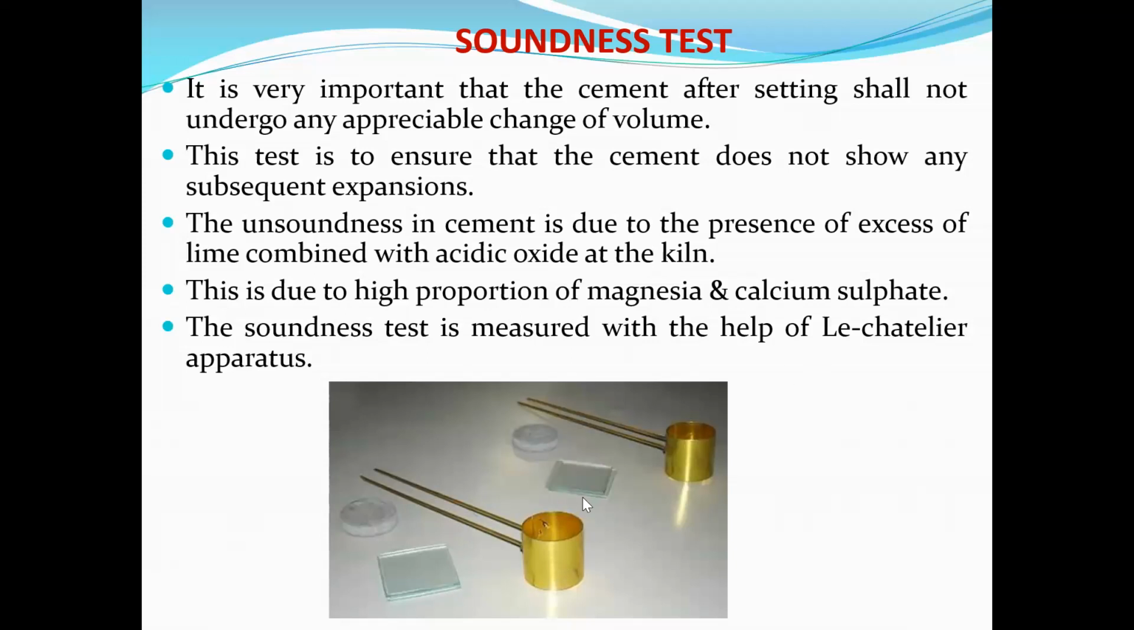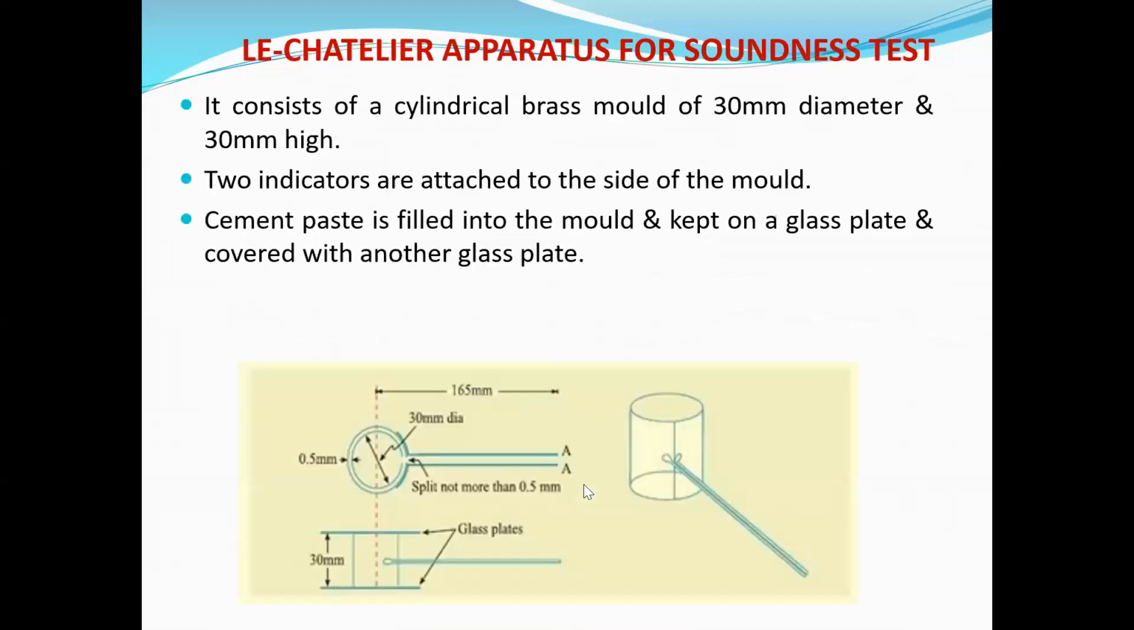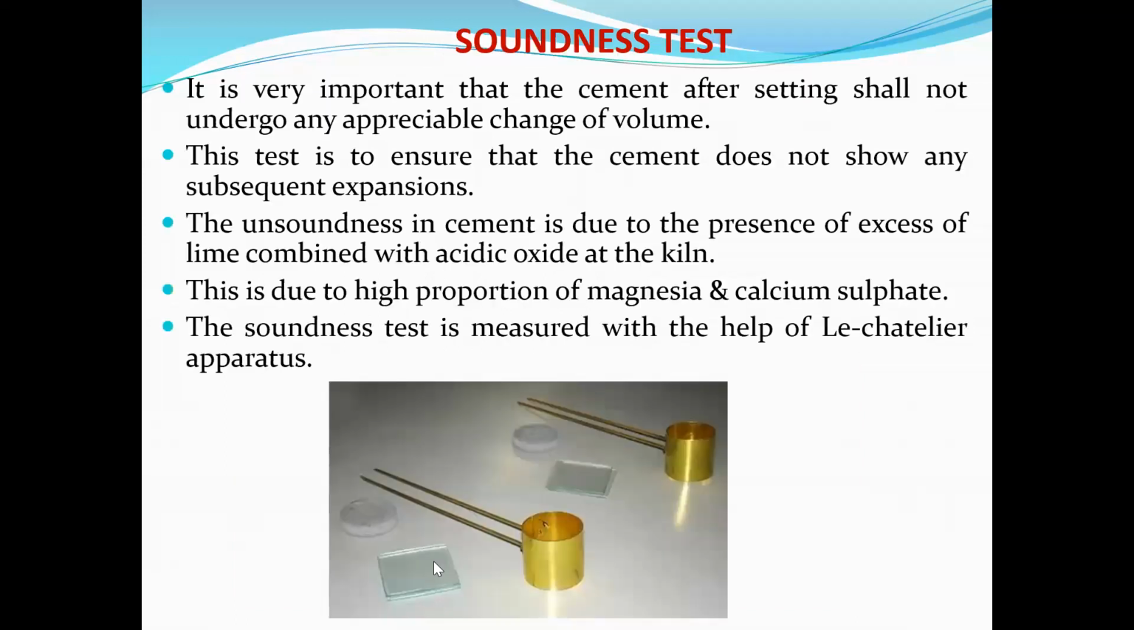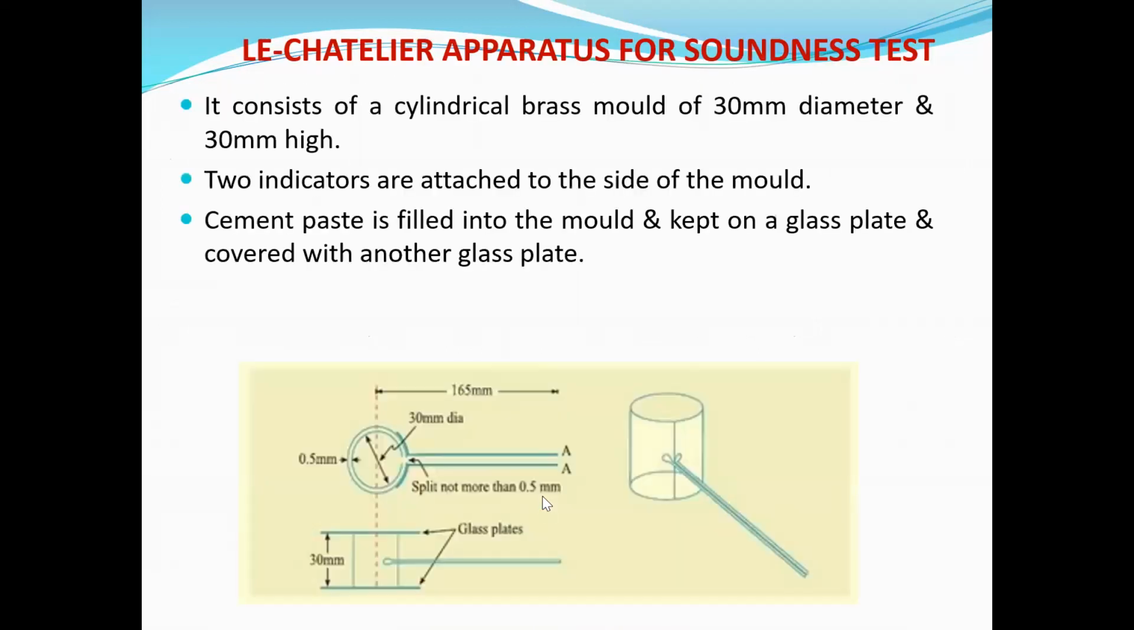This is the apparatus, okay. এটার মধ্যে একটা সিলিন্ড্রিক্যাল ব্রাস মোল্ড থাকে, যে 30 mm ডায়ামিটার এবং 30 mm হচ্ছে হাইট। এটার মধ্যে দুটো ইন্ডিকেটর থাকে, ঠিক আছে। সো এটা সিমেন্ট পেস্ট দিয়ে মোল্ডটাকে ফিল করা হয়। এটার মধ্যে গ্লাস প্লেট, যা আগের স্লাইডে দেখানো হয়েছিল, গ্লাস প্লেটের মধ্যে মোল্ডের সিমেন্ট পেস্টটাকে রাখা হয়।